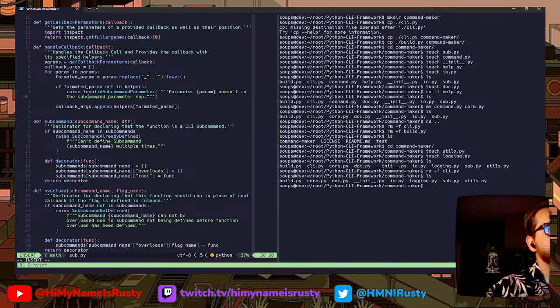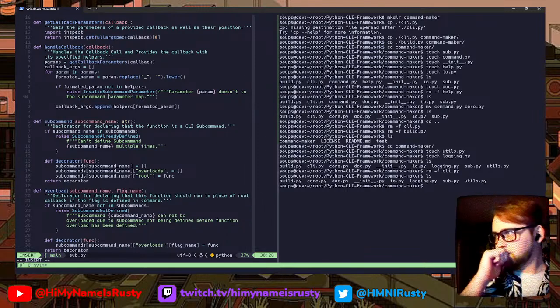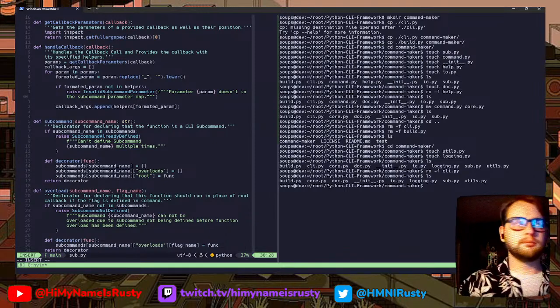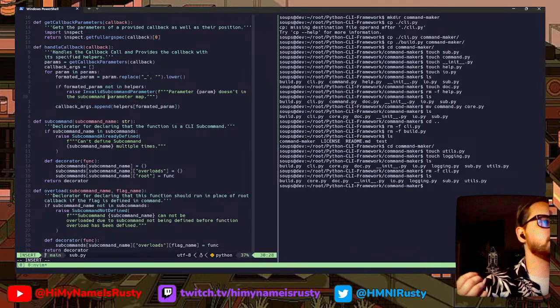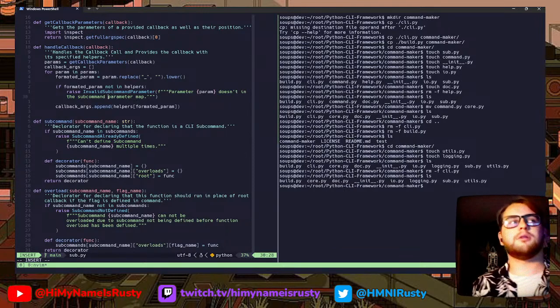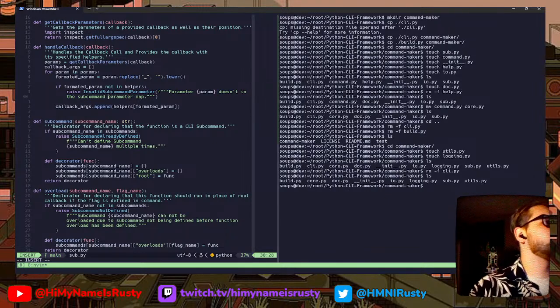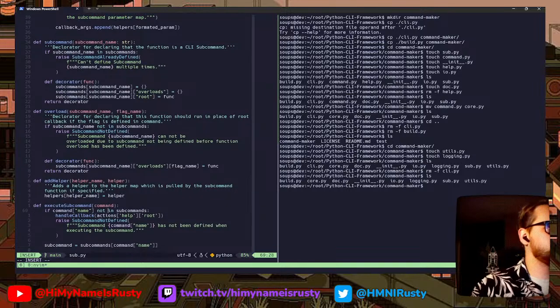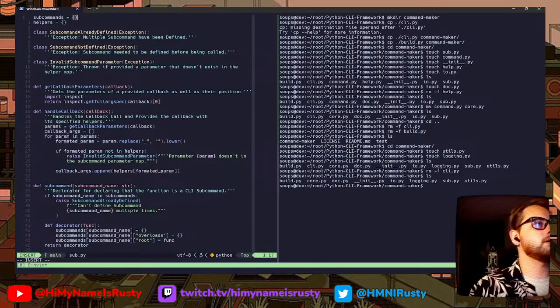Okay, if the formatted params are not in this helper, means we just lowercase everything and remove the underscores. Not a big deal. So if those formatted params aren't in the map, throw the error, otherwise just add it. We know it's in there, right? So just add it in there. That works out well. Yeah, all right.